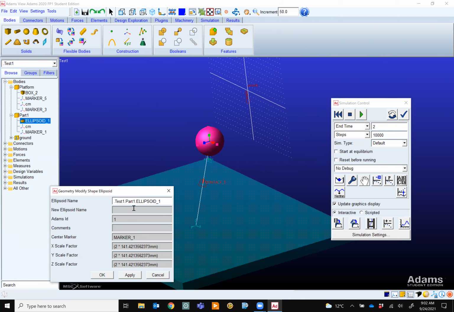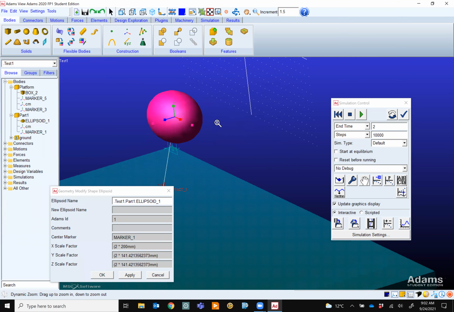This is the radius that we have right now, which is the same in X, Y, and Z. But let's say I want the radius to be 200. If I apply, it's more like an egg shape, right?